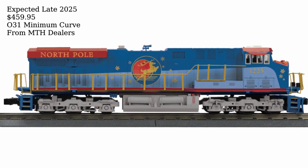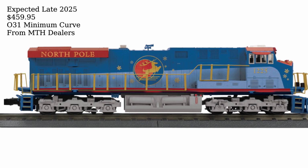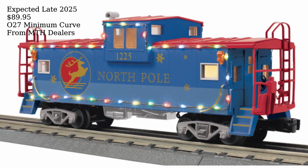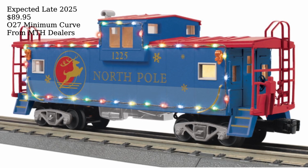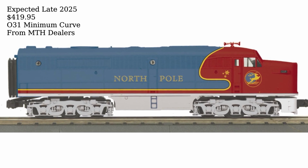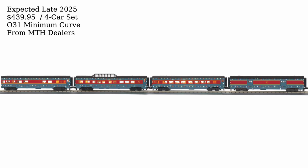Among the items is the Rail King North Pole ES44 AC Imperial Diesel with a suggested list price of $459.95, a Rugged Rails North Pole Extended Vision Caboose with LED lights with a suggested price of $89.95, the Rail King North Pole Alco PA Diesel with a suggested price of $419.95, a Rail King 4-car 60-foot streamlined passenger set with